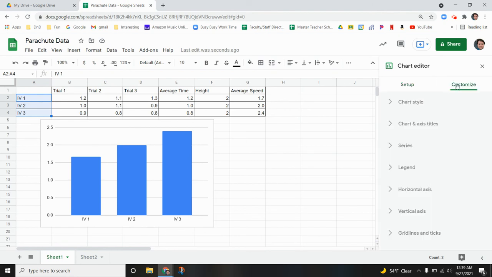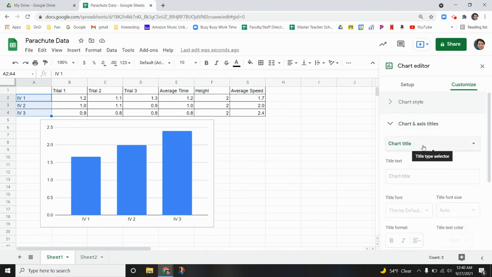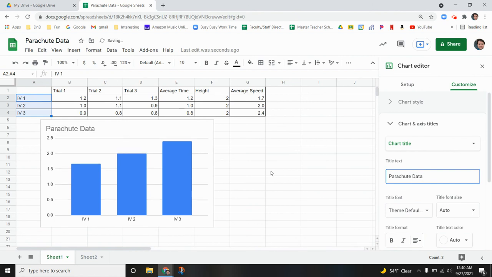The other thing you can do is click on the Customize button up at the top, and you can change the titles. I want to add a chart title. This first menu right here will let you change the titles, so you can get axes titles or the chart title. The first thing I'm going to do is change the chart title, and I'm going to call this, well, you should name it after whatever you've done to your parachute. Maybe speed of parachute with whatever changes. So I'm going to call this parachute data, which is not a very good title. It doesn't describe much, but I just want you to see that it will pop up at the top of